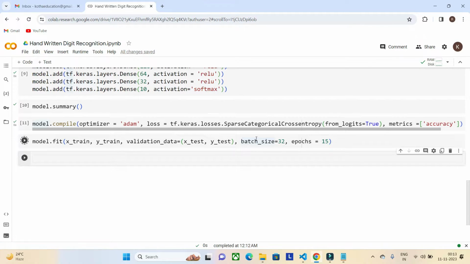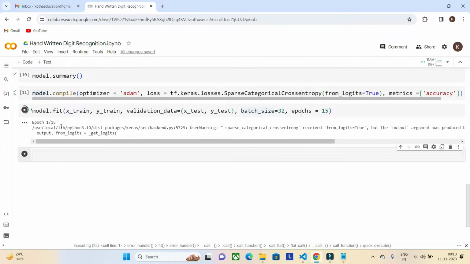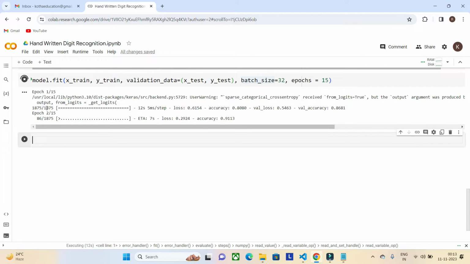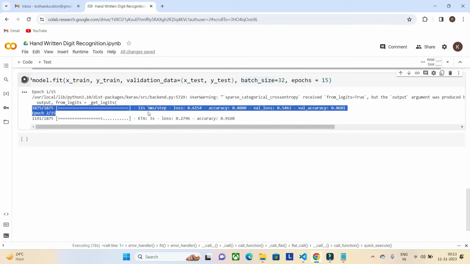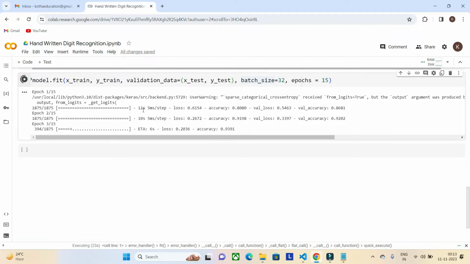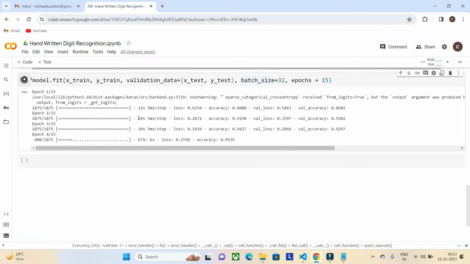Let me press shift plus enter. Okay, so our model started building. Now our model has started fitting. If you see here, when I was building these machine learning models on my local system, it was taking a lot of time. But now here it is taking just 12 seconds. I remember in my previous videos it was taking close to 60 to 70 seconds for one epoch, but here it is very fast, less than 10-12 seconds. So that is the advantage of using Google Colab. It will be very fast and quick.